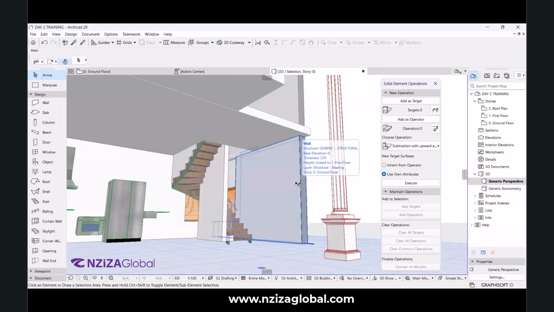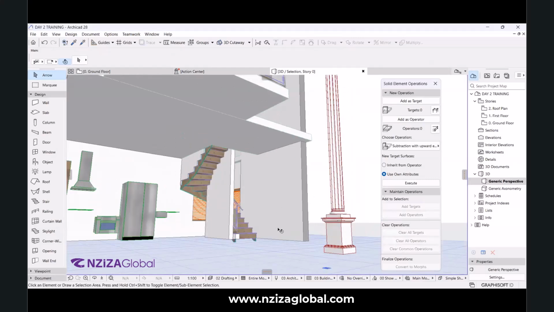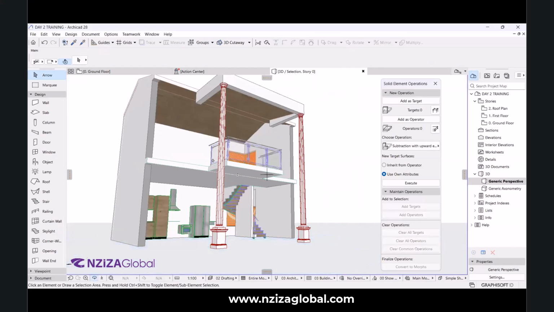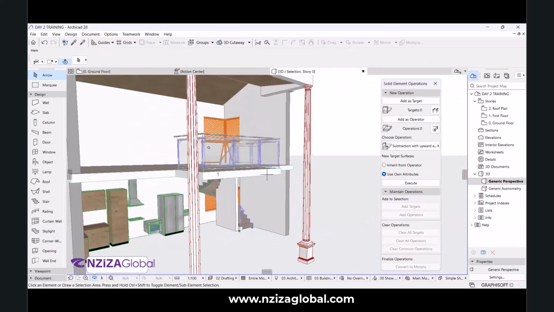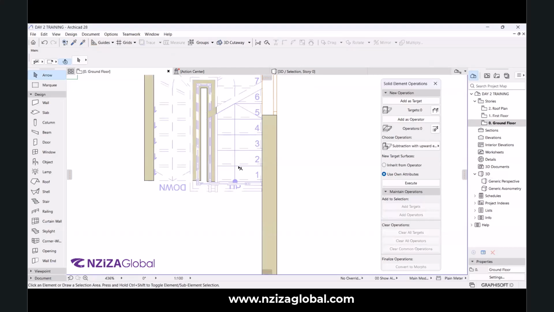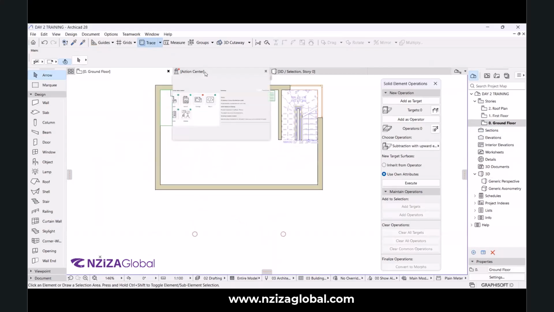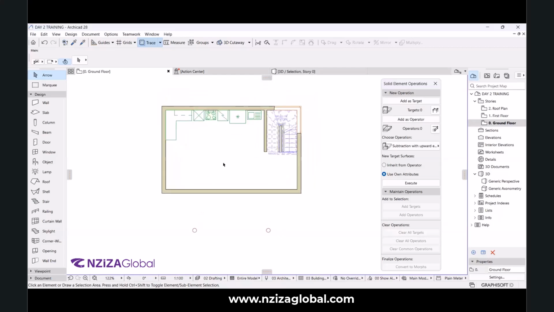I don't know. Maybe we will need, maybe we need to close and open again your ArchiCAD. But before we do that, let's go on ground floor and put the slab. We know